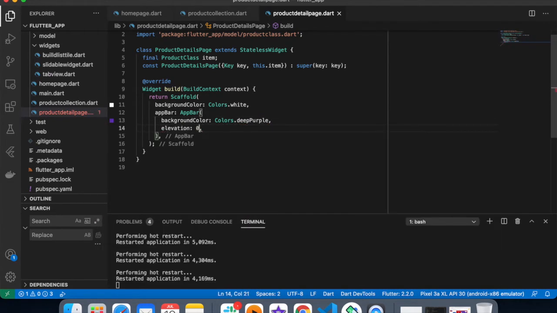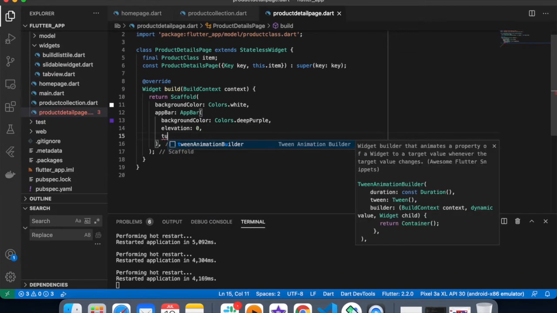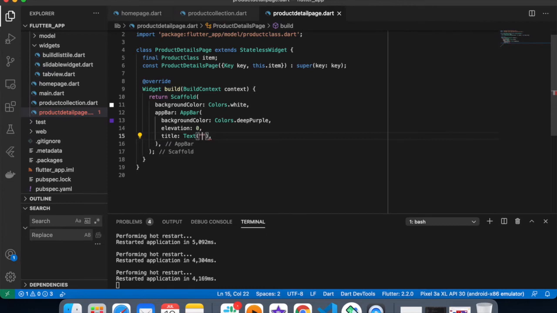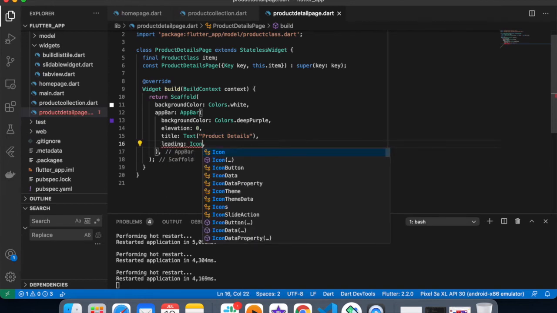Elevation equals to 0 because I don't want the drop shadow effect of the app bar. Title to be product details, and giving leading as an icon button,